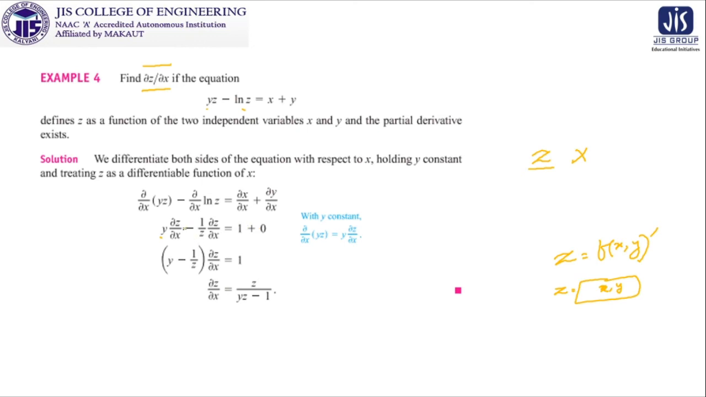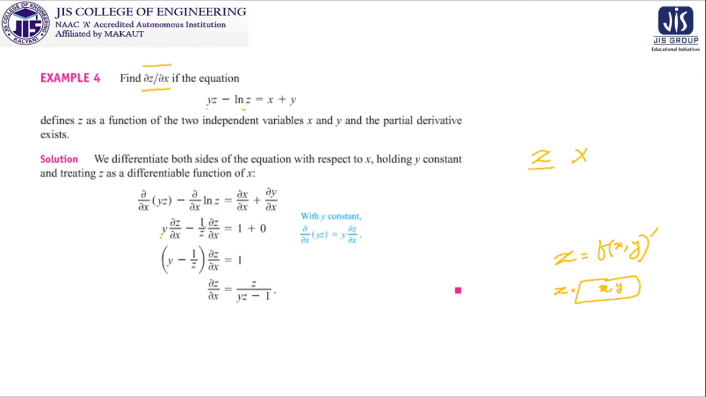So del z del x is kept as it was, then minus del x of log z. So obviously it will be 1 by z, and according to the balancing requirement it is del z del x, because log z will be 1 by z only when we are differentiating it with respect to z. But we are not differentiating it with respect to z. Our requirement is to differentiate it with respect to x. So for adjustment, we are initially differentiating it with respect to z, and that is why del z is coming,